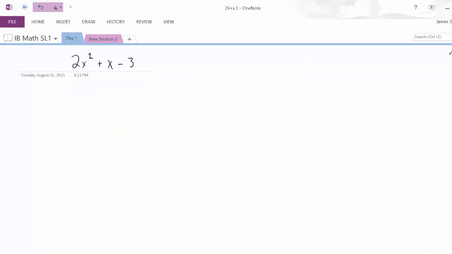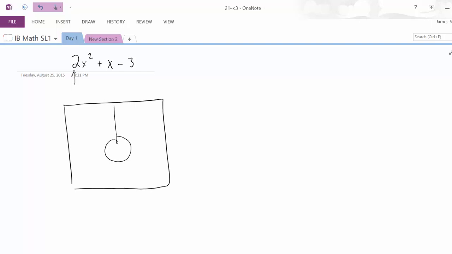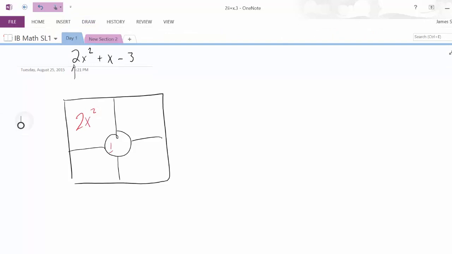Alright, so here we go. Here's a quadratic, 2x squared plus x minus 3. And the time that quadratics really get hairy for people is when we start throwing coefficients in front of the x squared. That's when it gets really hard, people say. So I'm going to factor this using a box. I'm actually going to put a circle in the middle of this box just to help me organize. And what I'm going to do is write my quadratic, 2x squared plus 1x